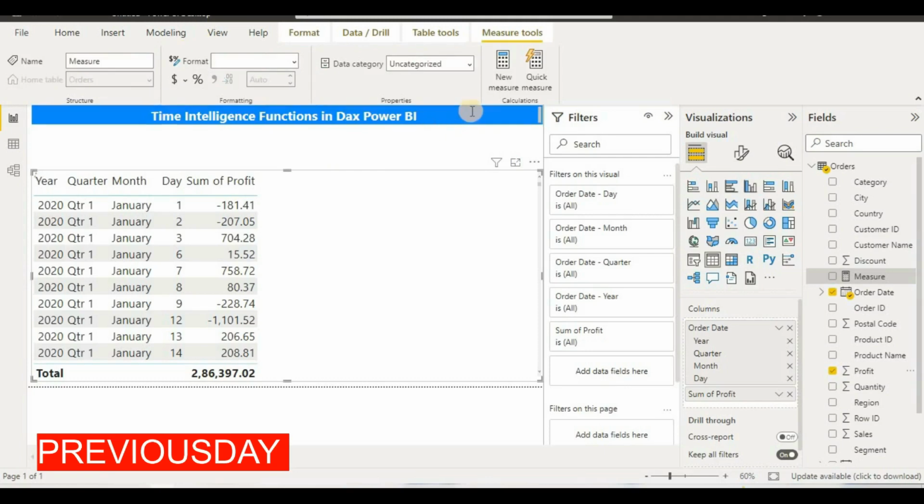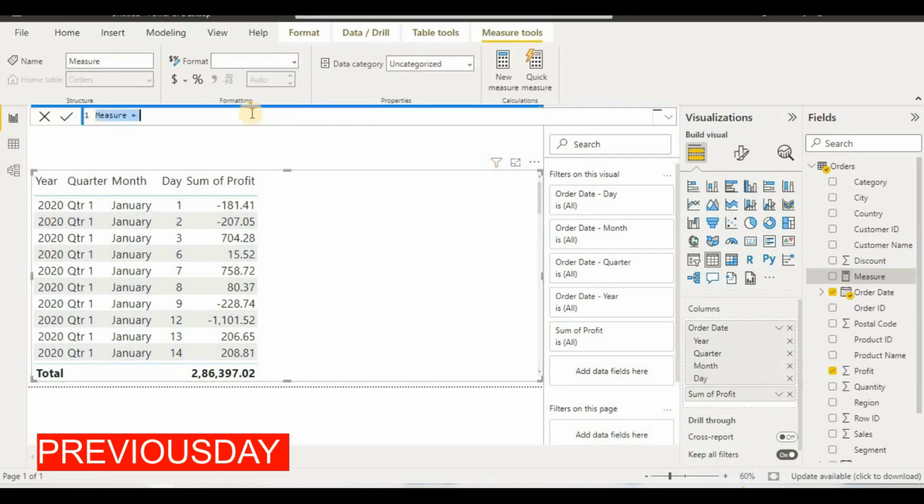Okay, so now here we have measure, we will give it a name, and the name we have given it is previous day. Then we have to put this calculate function here, and after putting calculate we have first put